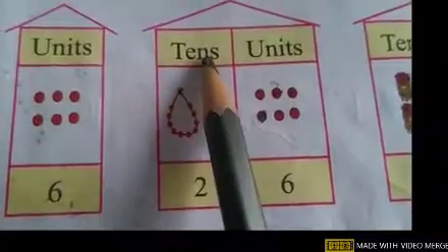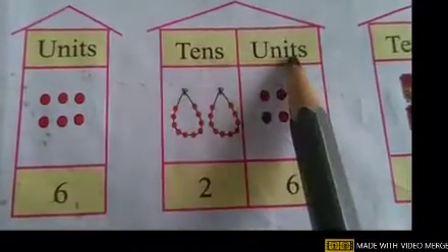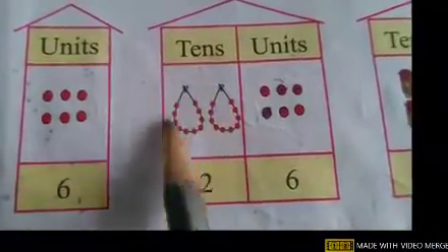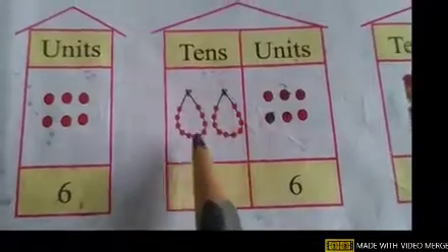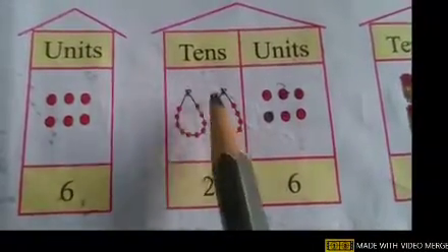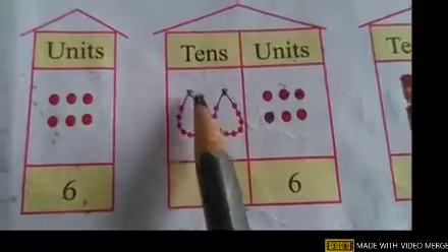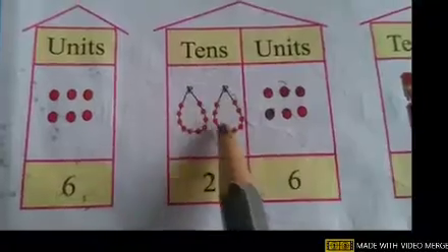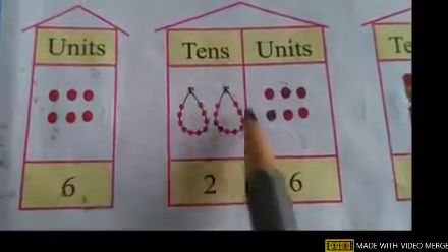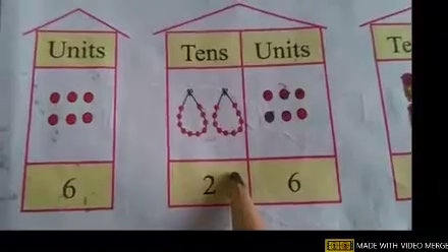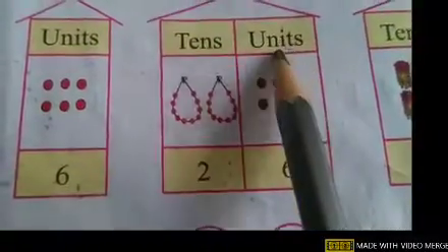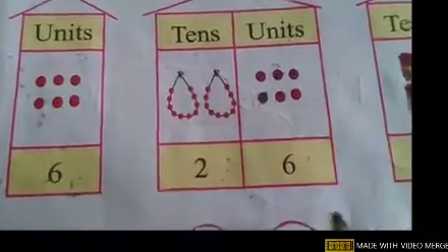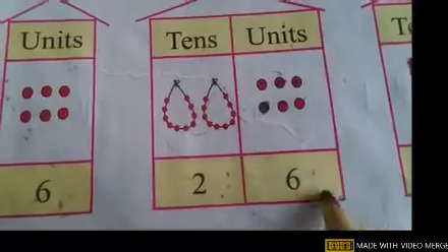See here they have formed the group of 10 also and group of units also. Now in group of tens, how many strings of beads can you see? We can see 2 strings of beads and each string is having 10 beads. If you count, children, you will get 10 beads in each string. So 2 strings, 2 groups of tens, that means. And how many units beads we are having? Count. 1, 2, 3, 4, 5, 6. So 6 single beads we are having here.